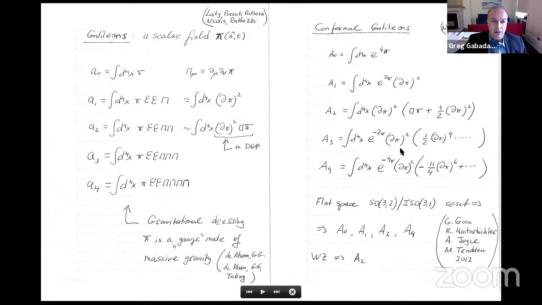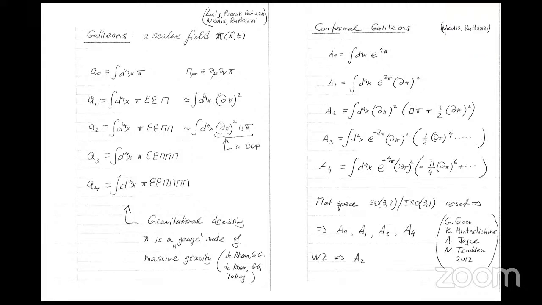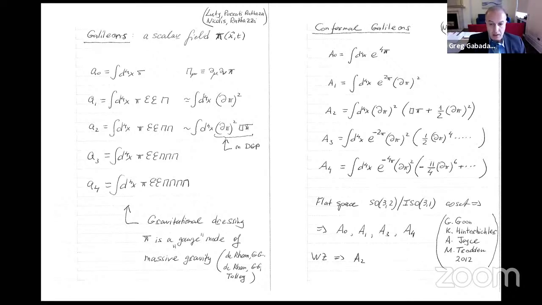Now, what's interesting was that this theory was constructed as an effective field theory using a coset, the coset formalism. So if you start with flat space, we're talking about flat space at this point. There's no gravity or anything yet introduced. And if you start with a conformal group in 4 dimensions, which is SO(3,2), and mod out by the Poincare group in 4 dimensions, which is ISO(3,1), you have 5 generators non-linearly realized and 10 linearly realized